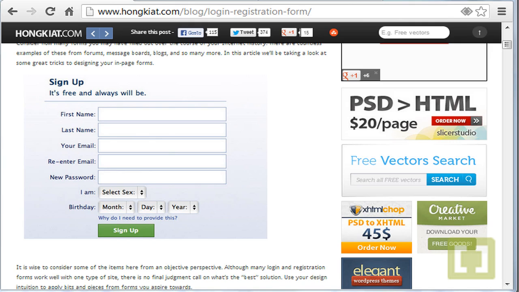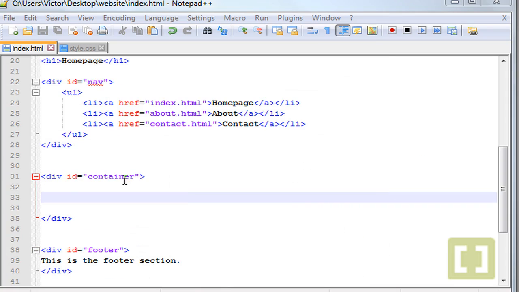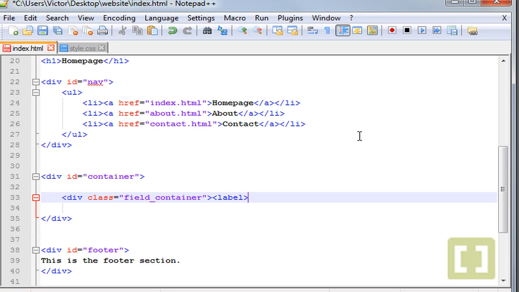So let's go to Notepad++, and inside the container let's type a new div with the class equals, let's type here field container. Let's close it, and then we're going to type label, close this. Let's type first name, colon, and close